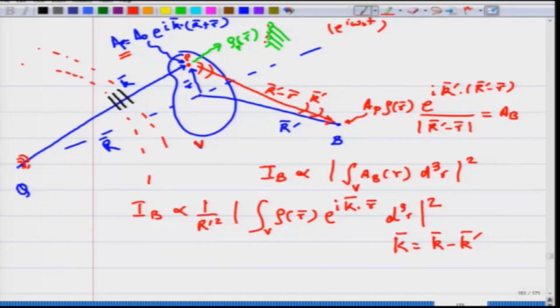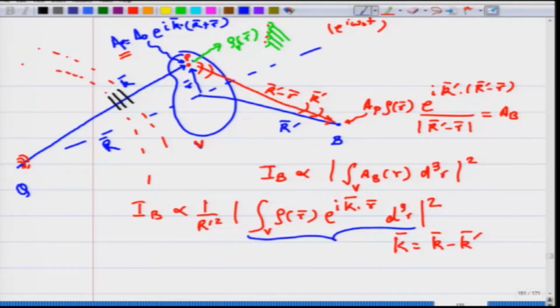So, we integrate this amplitude over the entire crystal to get the net intensity at point B, and that will be proportional to this amplitude integrated over the crystal, squared. And we showed that this intensity will go down as 1 by r square. The further you move point B away from the crystal, the intensity goes down as 1 by r square, the inverse square law, but it will depend on this quantity